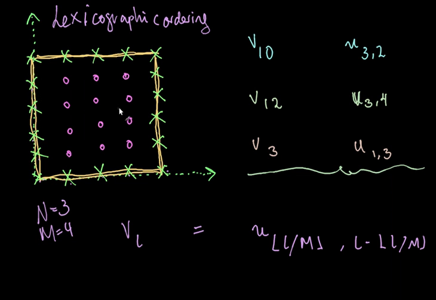Then the equations that will govern the values of u that we're interested in will have something to do with the purple dots in here. So we will have 3 times 4, aka 12 equations. Normally what we do is we call the solutions in here something that has to do with the index that they correspond to in the grid. So we have u11, u12, u13,